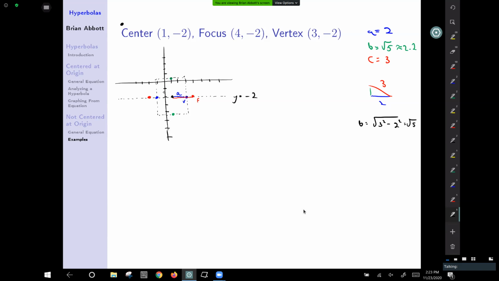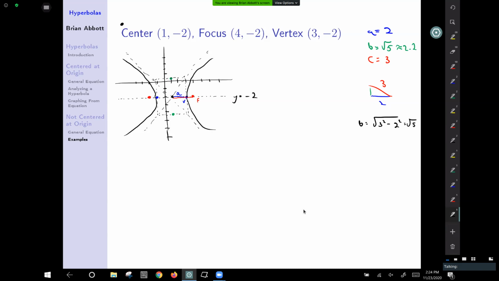All right, we got our box. From here, we draw in some asymptotes. And once you have your asymptotes in, you can draw yourself a really nice picture of your hyperbola from those vertices. All right, so we've got a really nice, good graph there. We know a, b, and c. And so